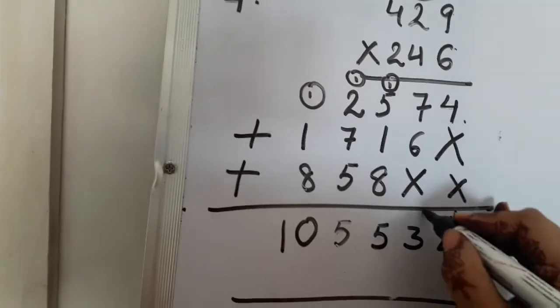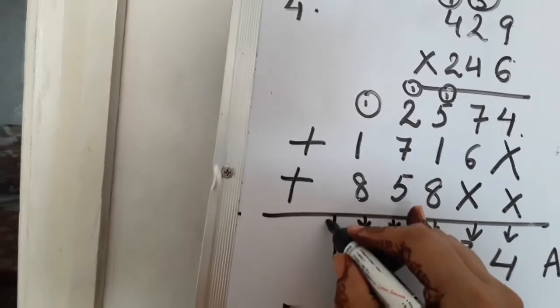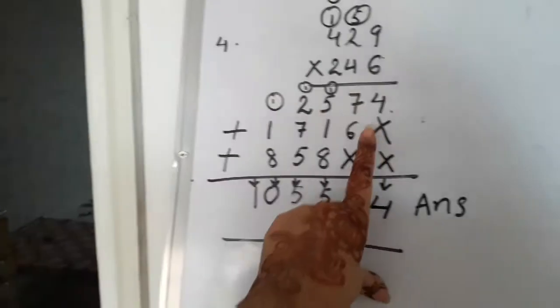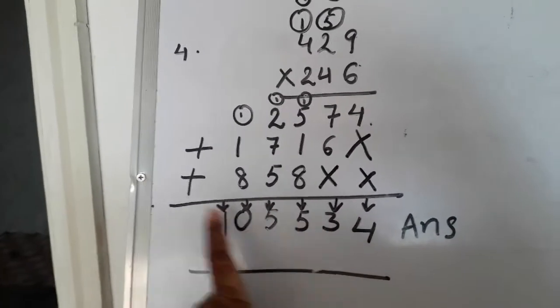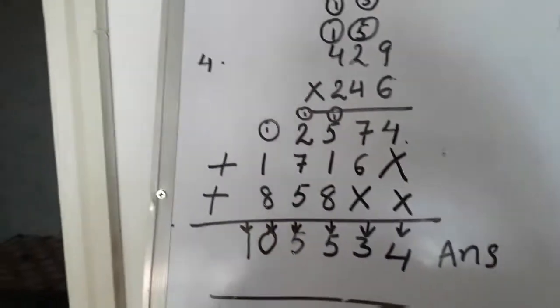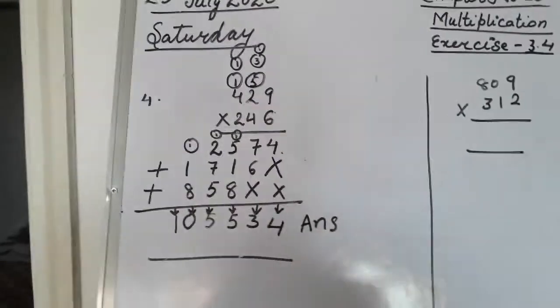Please, I am again telling you to keep the places very carefully and in a neat way. I am just telling you where I have kept the places. No need to put these arrows. Okay, this is for your understanding. Okay, now again I will discuss it with you. That is how I have done it.